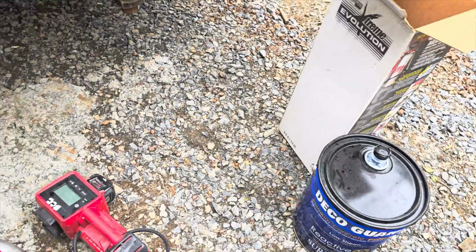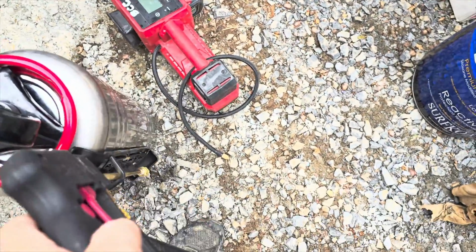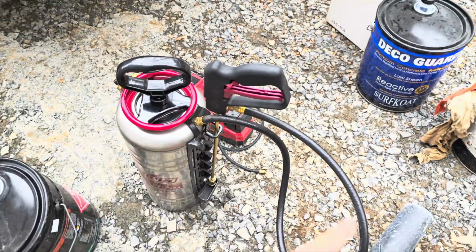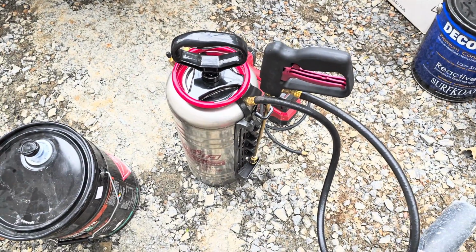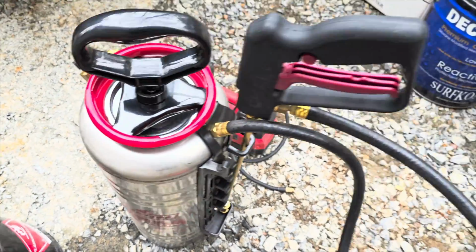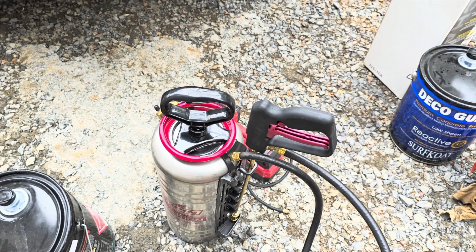Now, one more thing I could tell you is that some guys like to run liquid release in here. They say that it lubricates all the hoses, and I've done that before. I haven't done it consistently to really tell. I've just kind of come to the realization that once a year I've got to buy a new one of these. We're blessed if we don't have to do it twice a year, and we try our best to take